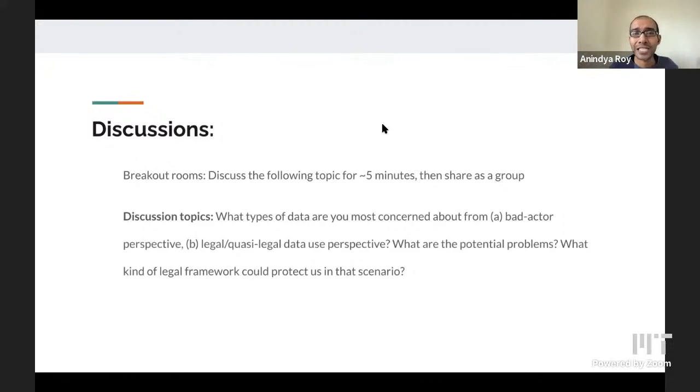From these two aspects, if you could quickly point out in the chat what type of data you'd be more concerned about from one versus the other, that would be fantastic, because we have not separated them out in our survey. I have a feeling that I might be more concerned about my financial data falling into wrong hands, out and out illegal use of it, versus my location data or my sleep data as collected by my phone.